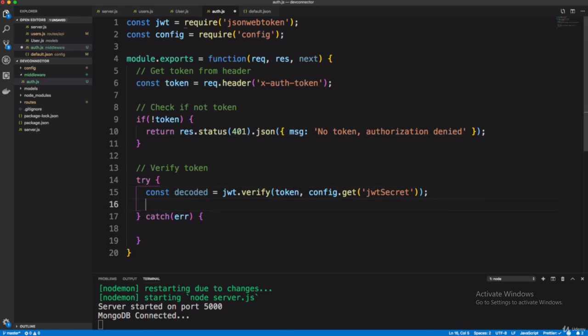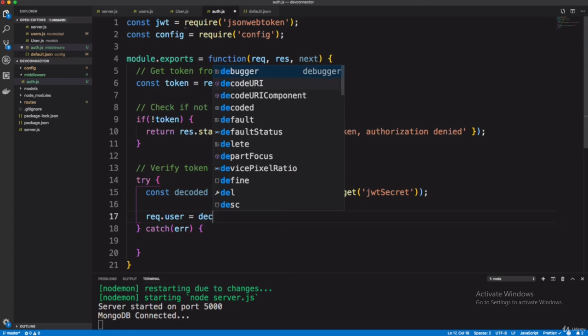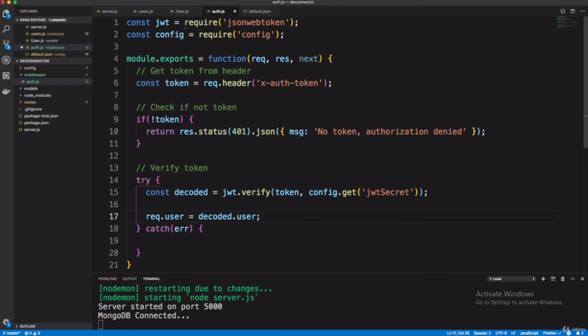Now we will set request.user equals decoded.user. All the user information will come into this. Okay, now we also call next here, so the process will continue.